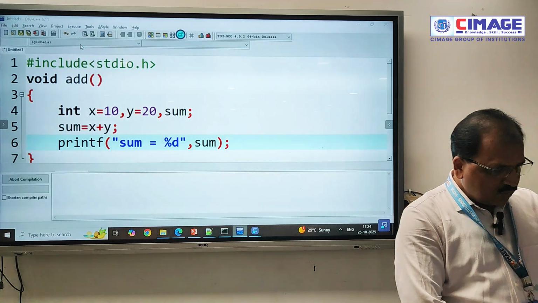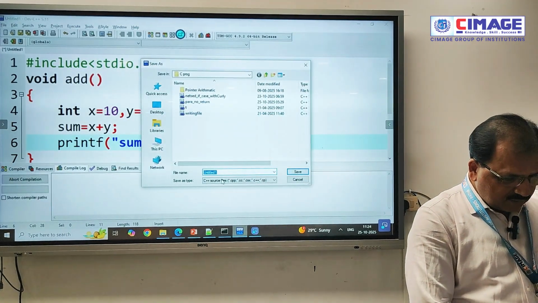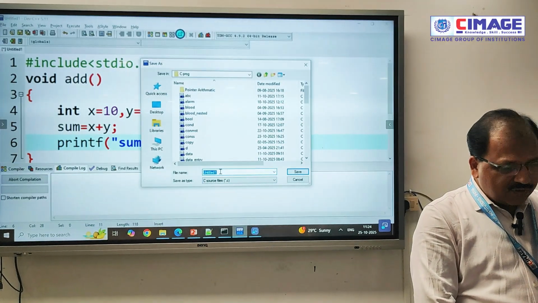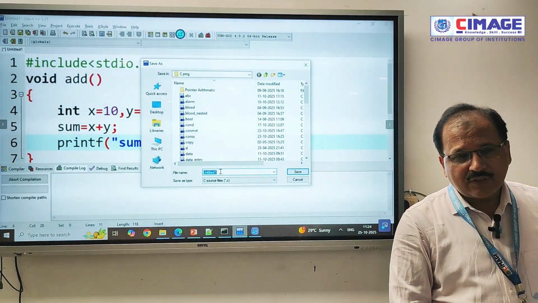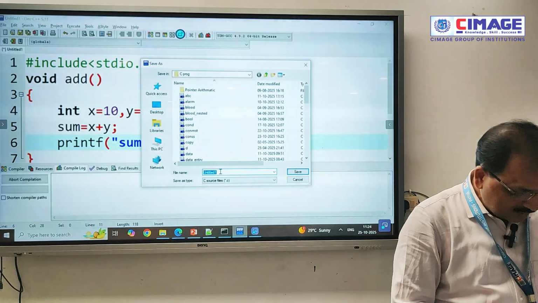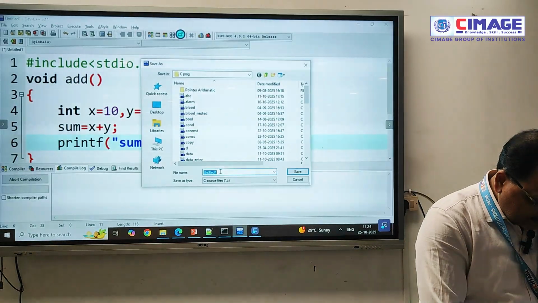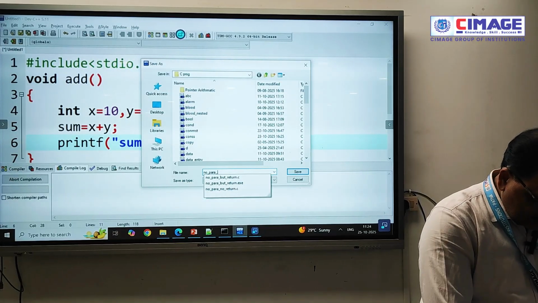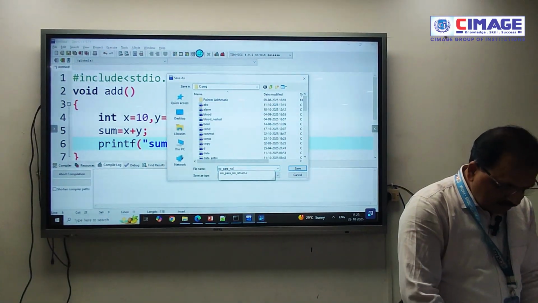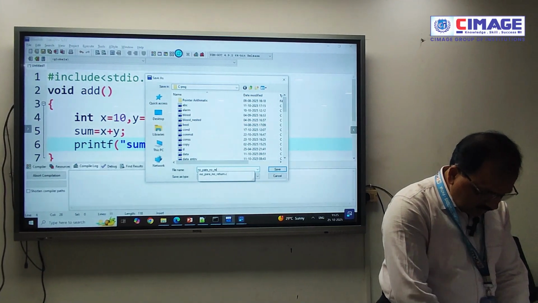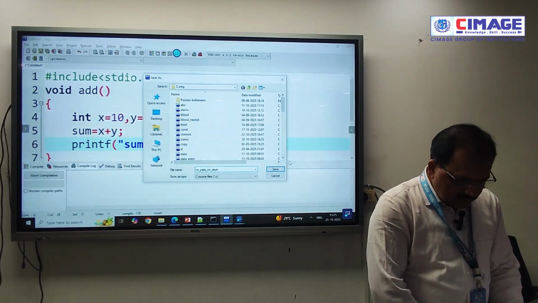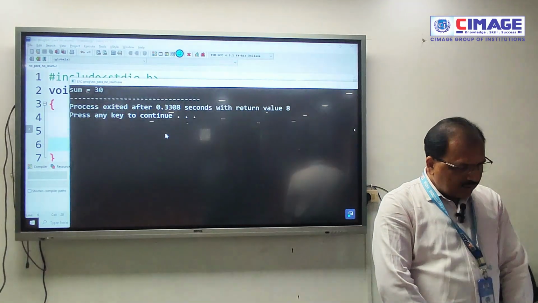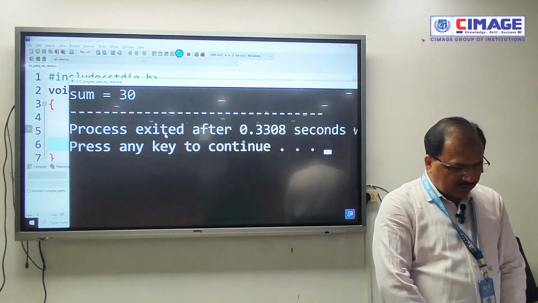So we can go for save and compile and run. This is the program whose function is not having a parameter and not returning a value. So we can save it with the name no parameter, no return, and I will execute this, and we are getting sum equal to 30.